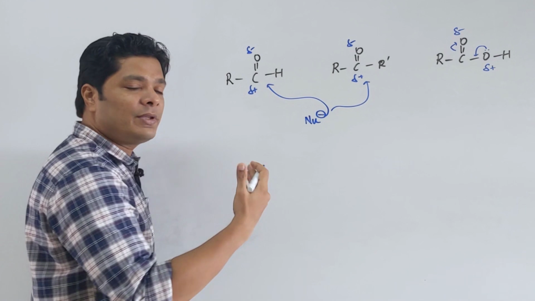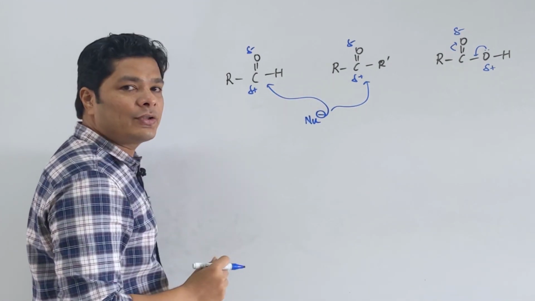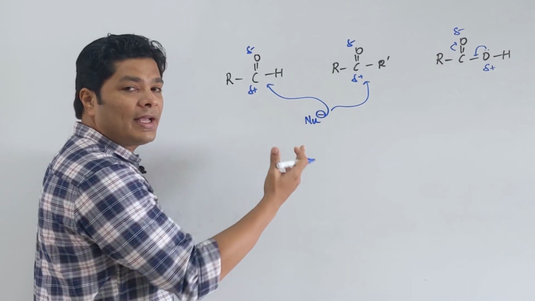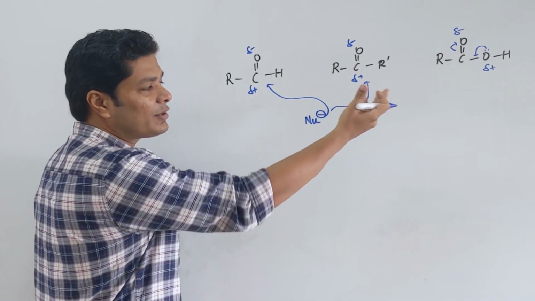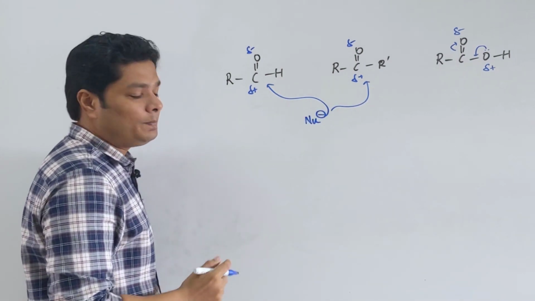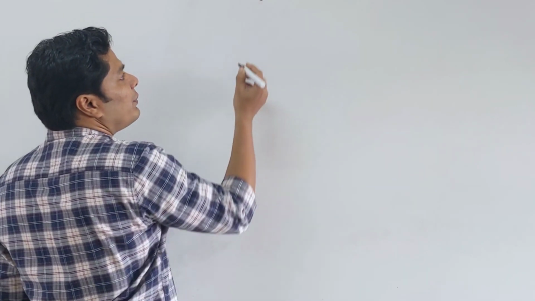Remember, we can attack with CN minus, cyanohydrin, all those. That cannot happen with your acids. So, acids cannot undergo nucleophilic addition reaction. Based on that, some of the reactions that are possible by these is not possible by your acids. Although the acid is not susceptible to nucleophilic addition reaction, we can do certain reactions with the C-O bond.